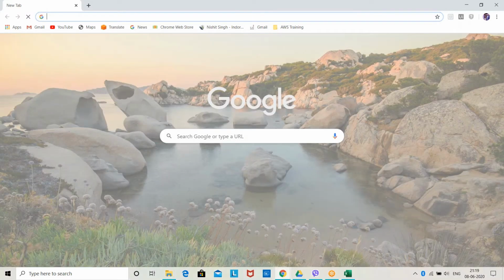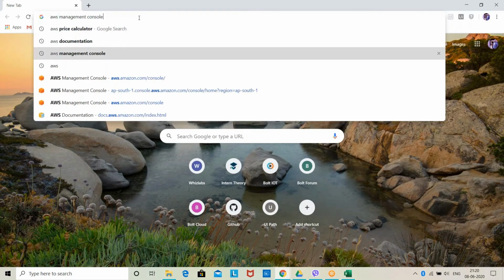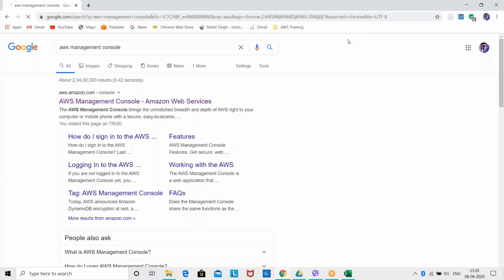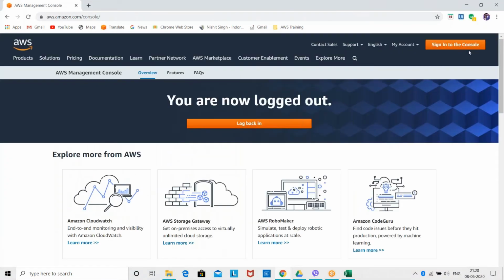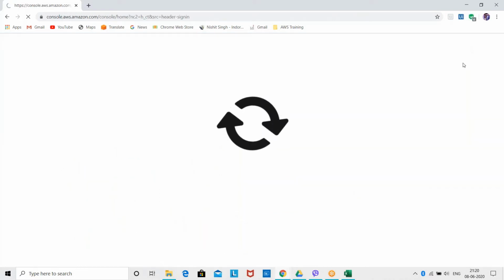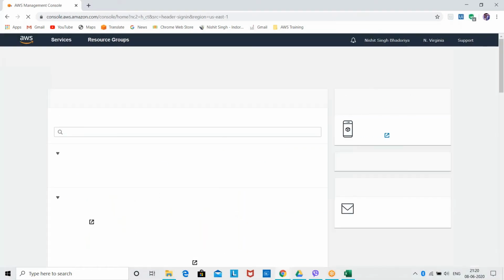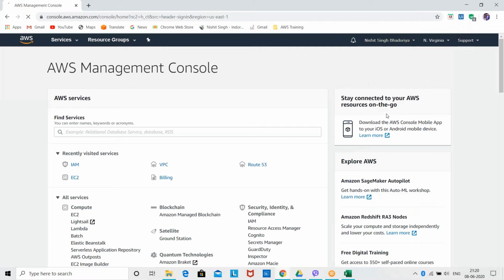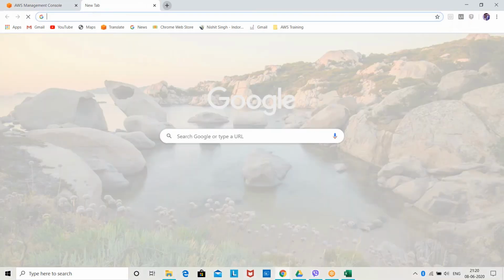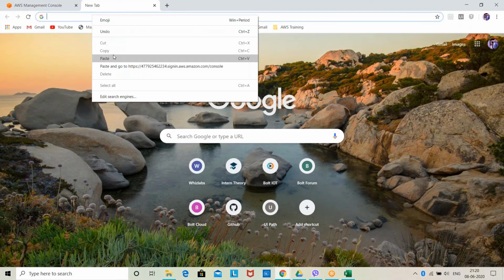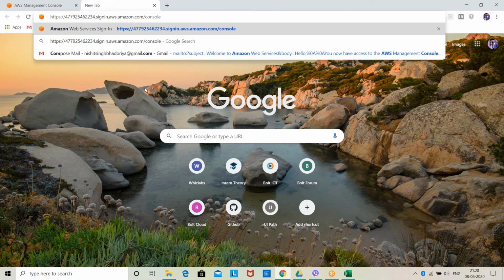Here I'll go to the management console and click on sign in to console. Okay, signed in. I'll sign out here. Or one more way is I can just directly paste that link in my search bar and press enter.